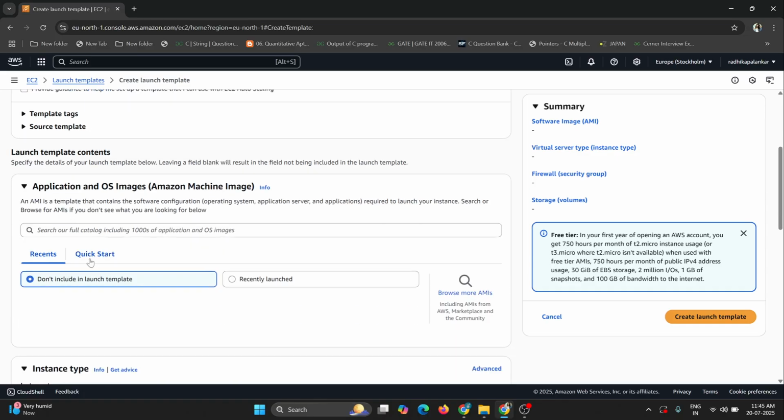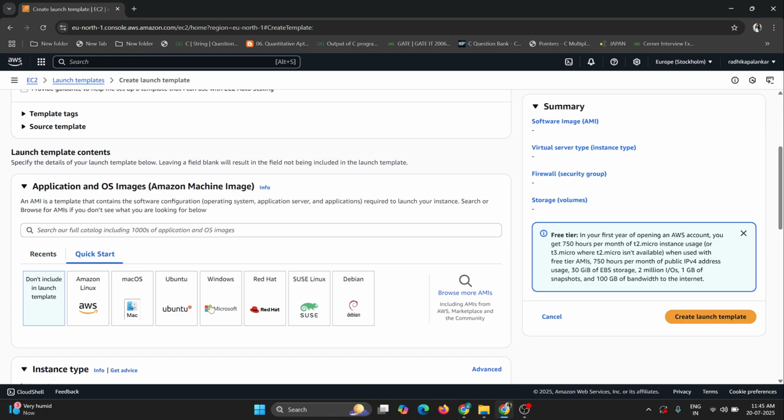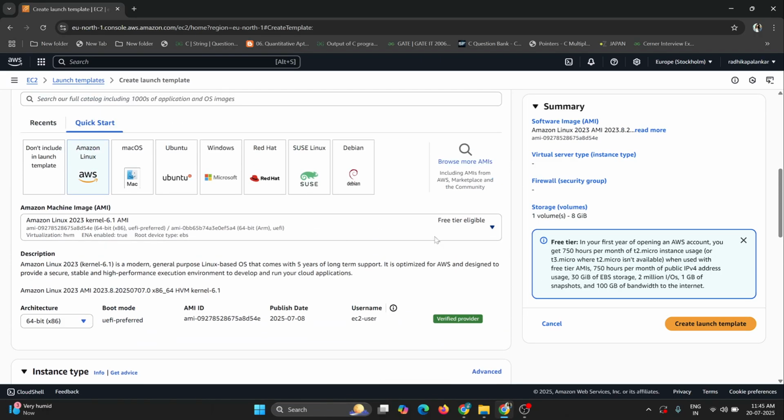And now here in the quick start, the application and operating system, OS. Over here you can select your operating system, Ubuntu, Windows or Linux. In our case, I will create a simple Linux operating system, and from here I will select